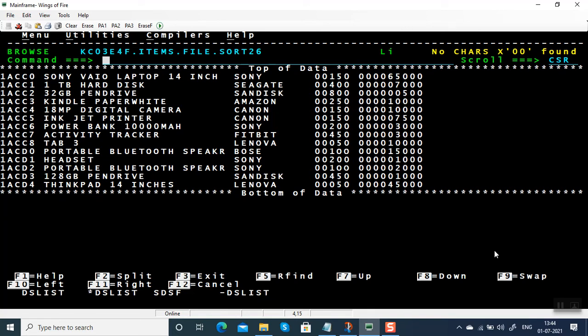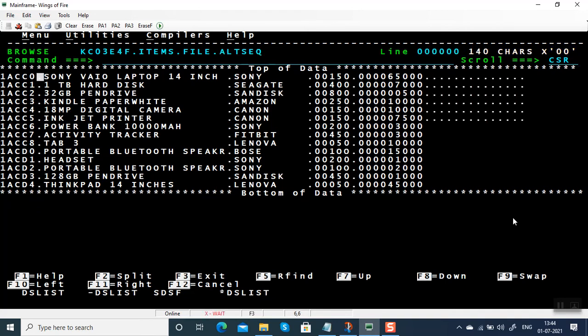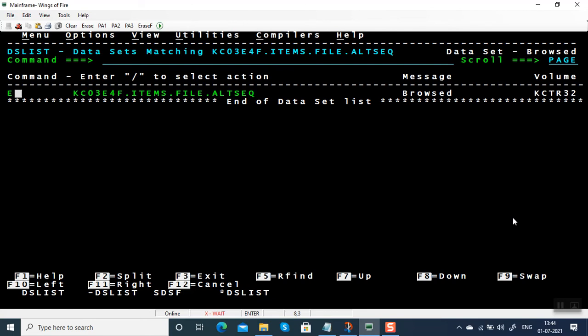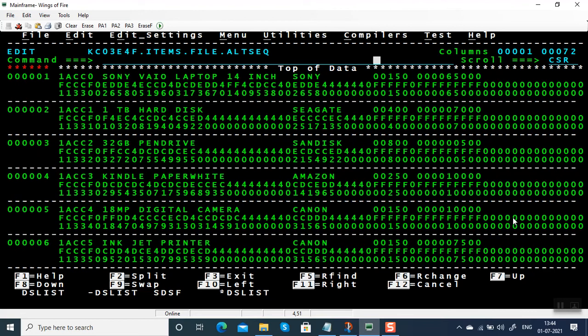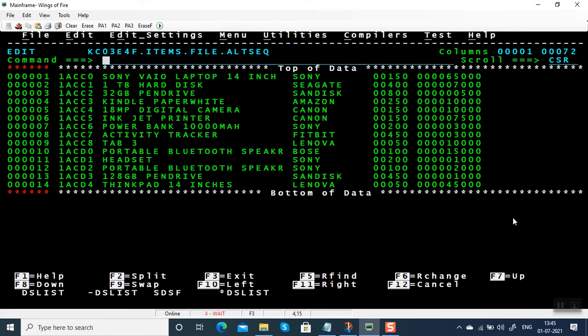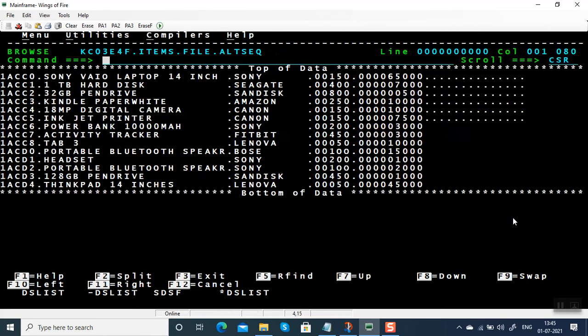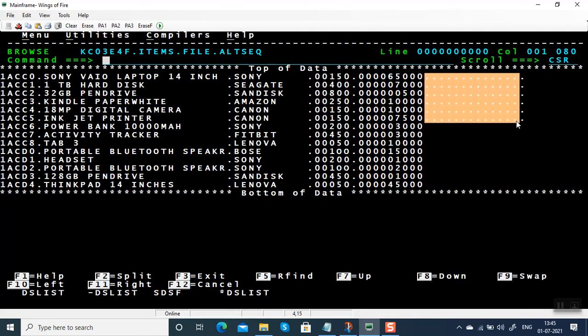You can also convert any character if you want. For example, I'm going to introduce some data. Let me edit this file. I'm going to edit the hexadecimal value, not the value which you are seeing in browse mode. I'm going to convert this into FF. This is the highest value. Okay, we have a 00 as well as FF. Hex off. I'm going to browse this and show you. Even FF will be showing us dots.